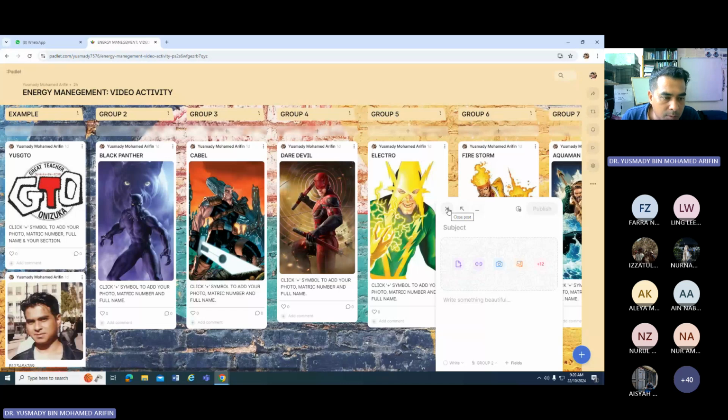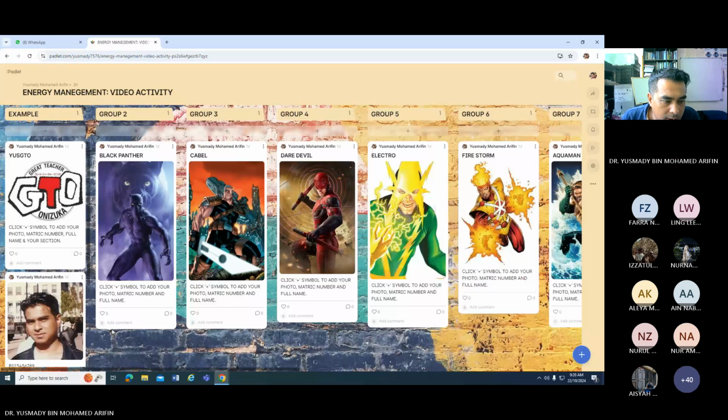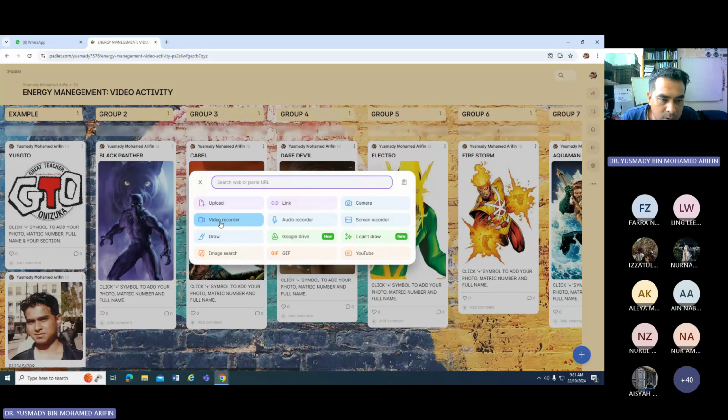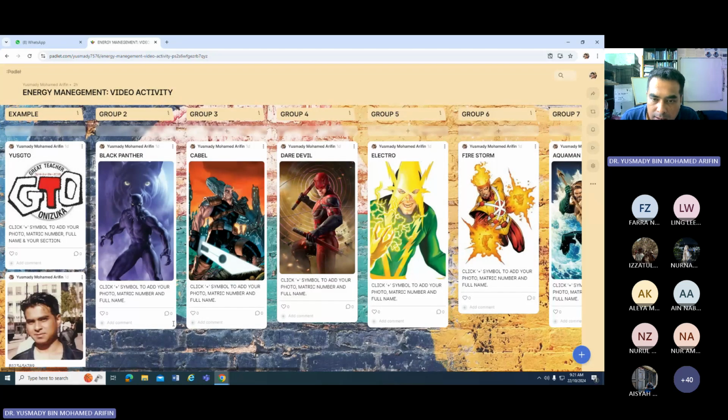Okay. Kalau tak boleh, tak pasti, you klik dekat komen pun saya rasa boleh. Ada video recorder kat sini. Nanti you check lah, you cuba. Tapi better yang post lah. Jangan yang komen dekat gambar Black Panther ni. So, you submit under specific group lah untuk kamu. Boleh? Saya akan kira attendance juga.